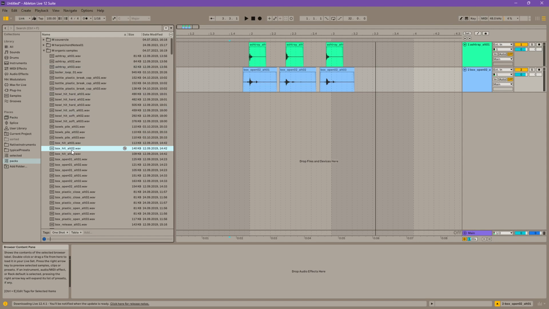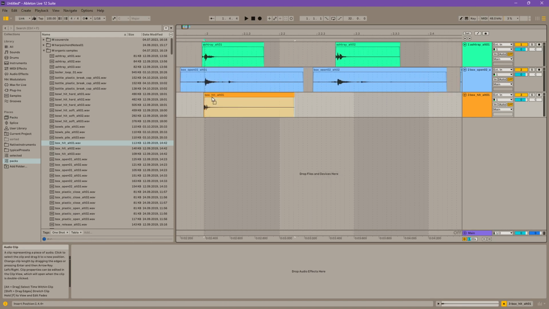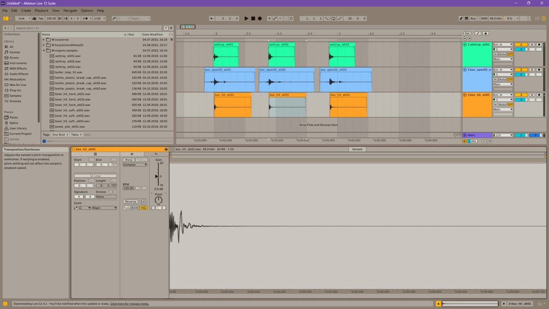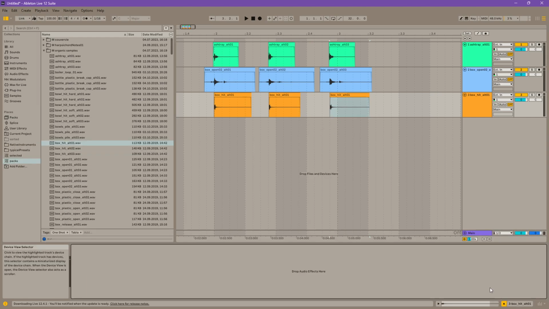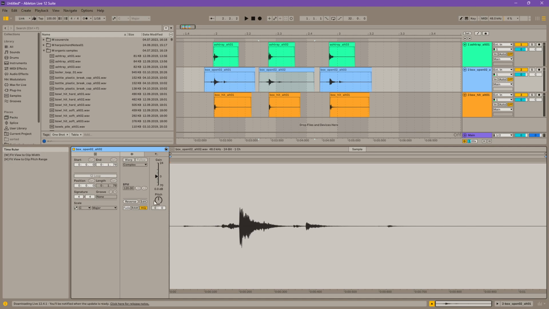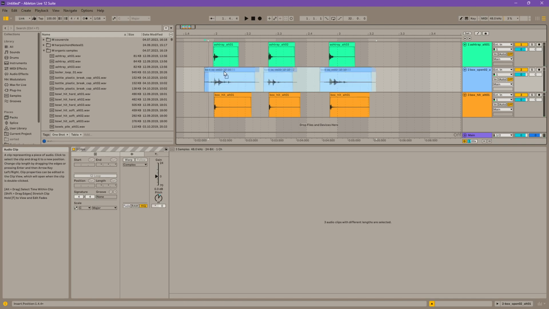I can also sometimes, if I don't have the variations, use just one single sample, but pitch it a little bit, or add EQ, or add various things on one specific layer. But one important thing is that if I decide to pitch it, I will not just do it like this. I will keep it in sync, or sometimes I will deliberately shift one layer. It sounded better like